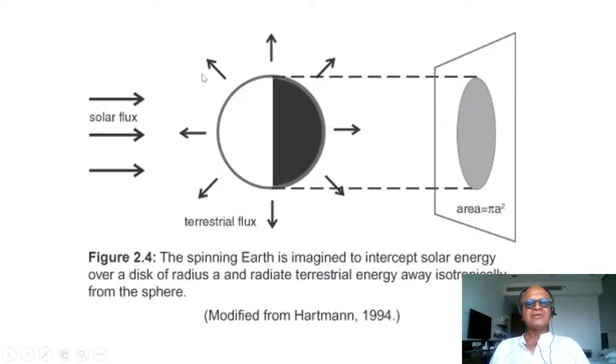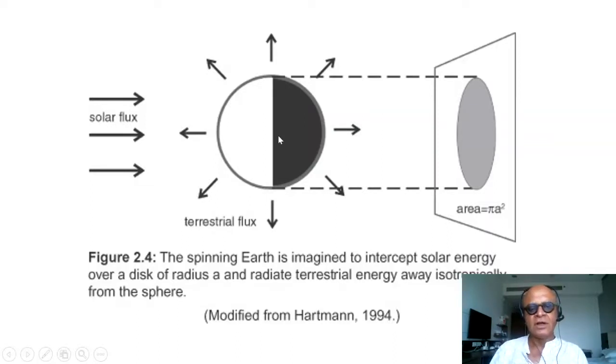So the energy balance basically is done by looking at the global mean first, how much energy is intercepted by the Earth in terms of the energy that it will collect from the sun as a panel. So since Earth is a sphere and the rays are coming in parallel, it depends on the area that the Earth projects to the incoming parallel rays of the sun, which is a circle. So imagine a basketball, a flashlight, and the shadow will be a circle just like it's shown here. So if Earth's radius is a, then area is pi a